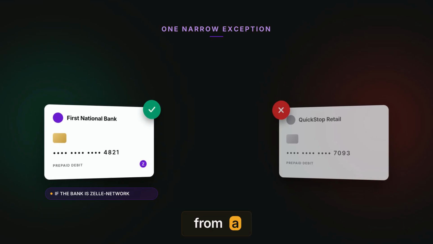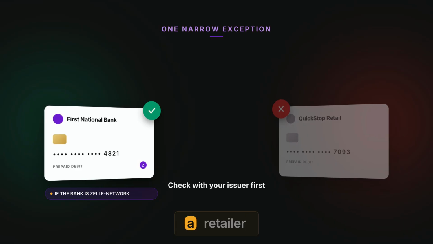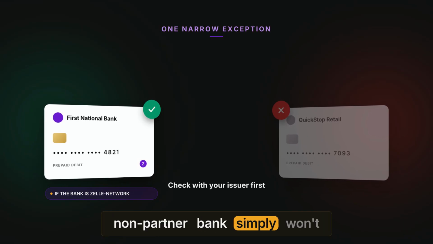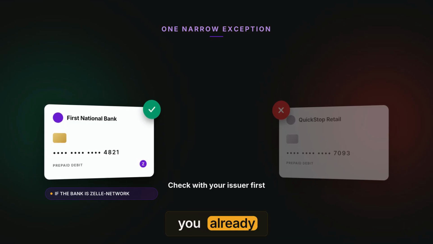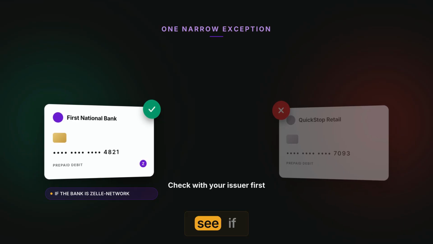Let's dive right in. First, here's the reality you're working with. Zelle isn't a wallet that holds a balance the way something like PayPal or Cash App does. It's a bank-to-bank transfer network, which means money moves directly out of one account and into another. Because of that, Zelle requires you to